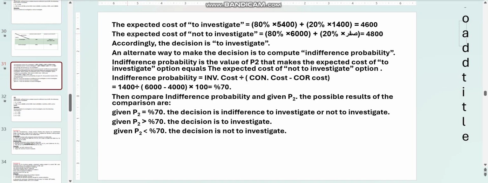Accordingly, the expected cost of to investigate option equals 80% times 5400 plus